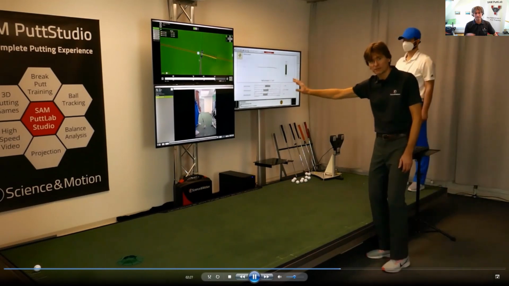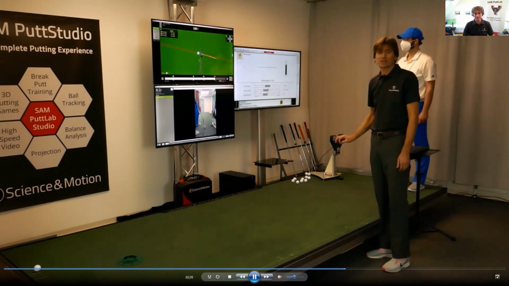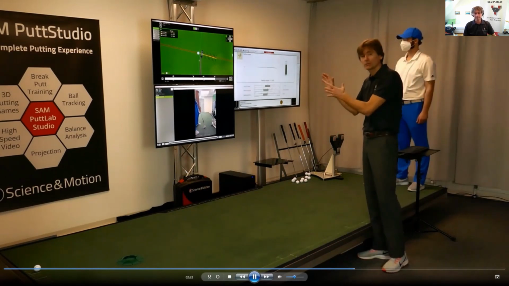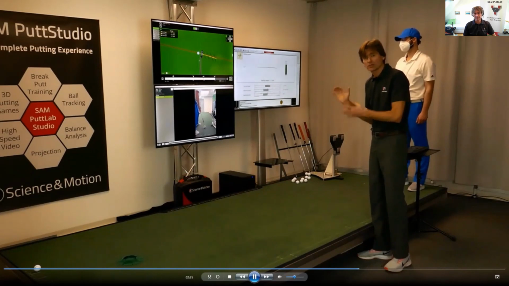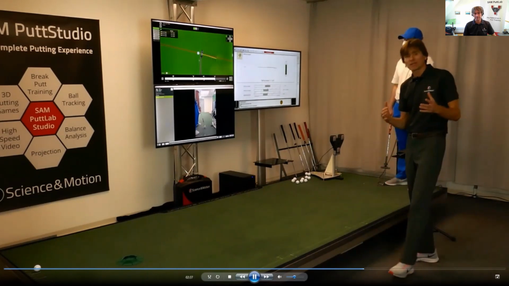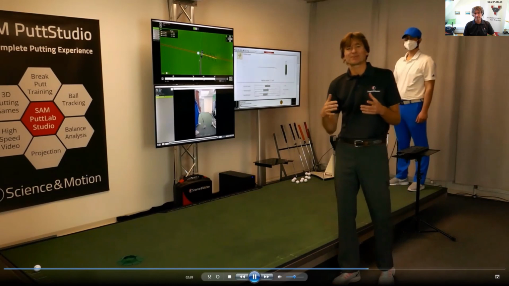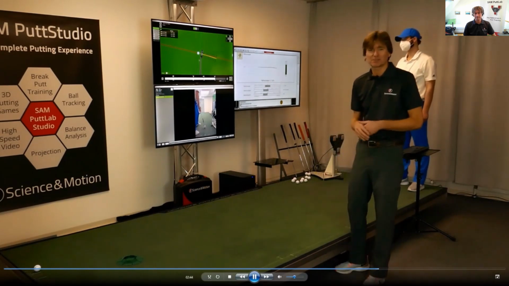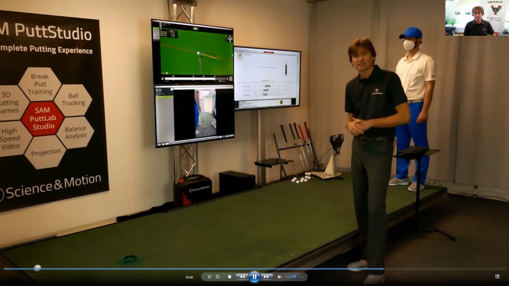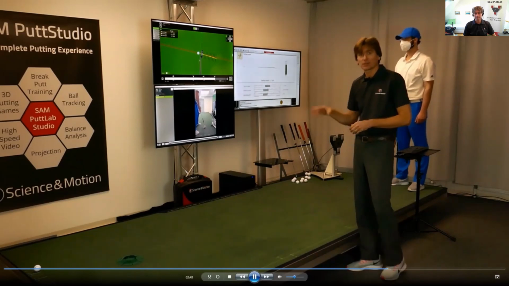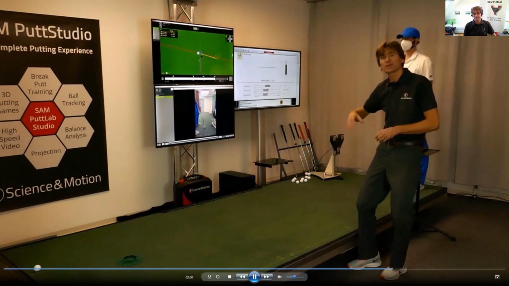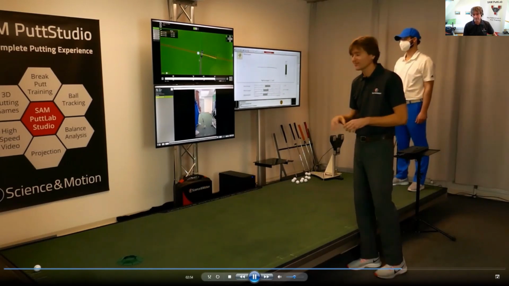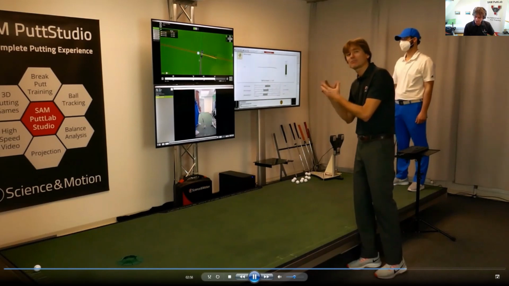So you have very different sources of information, and depending on the aspect you work on, you can select which aspect to show to the student also. Normally, the data is more relevant for the coach because it needs to be understood. For a student, it's much easier to look at the 3D or the video. So you might use 3D and video to explain certain aspects inside of a putting stroke to your student more